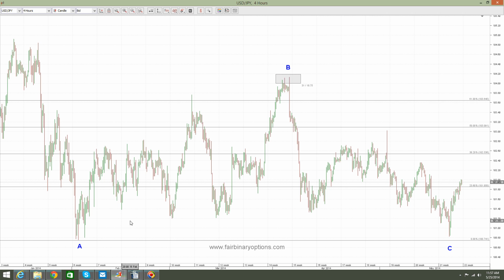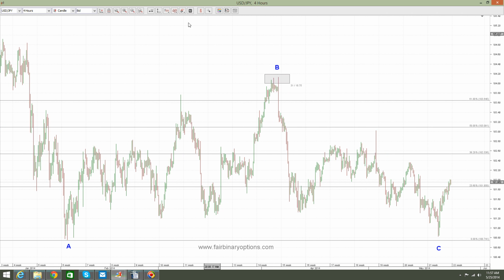First of all, the B wave to the upside fails to retrace more than 80%, so it's a B failure. And then the C wave fails to retrace all the lows in the previous wave A, and therefore it is a C failure as well. So B failure, C failure, in total we have two failures, double failure, a flat with the double failure for the pair. How to trade this one? Well,